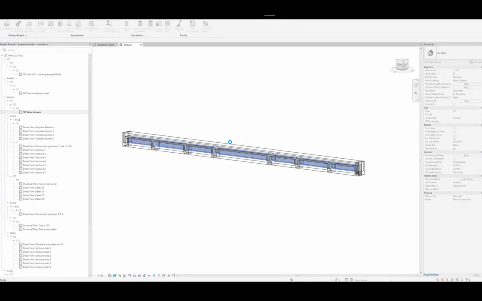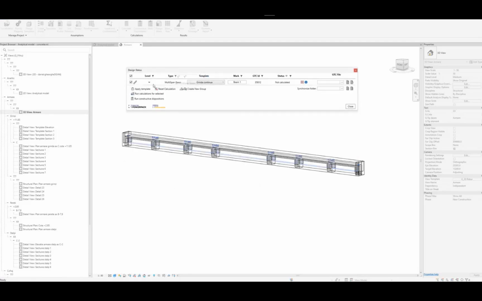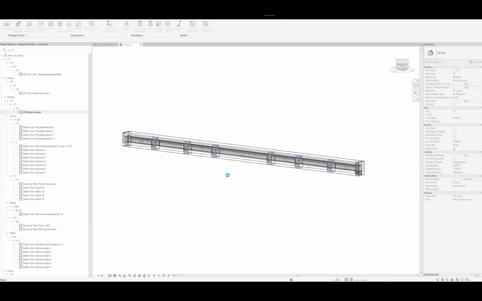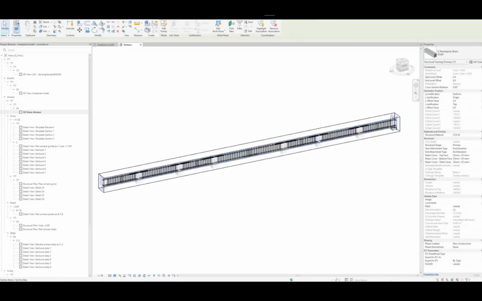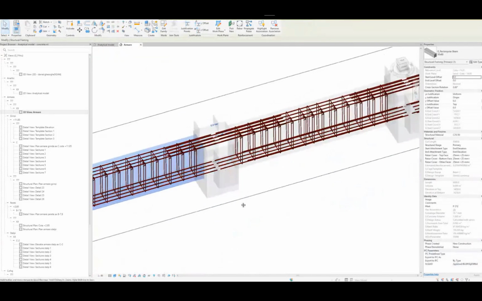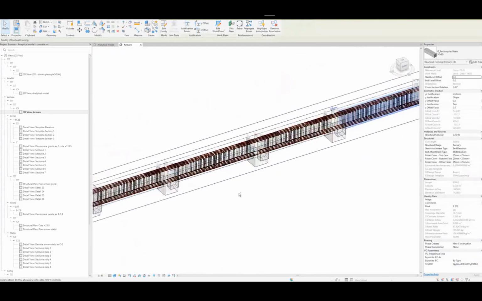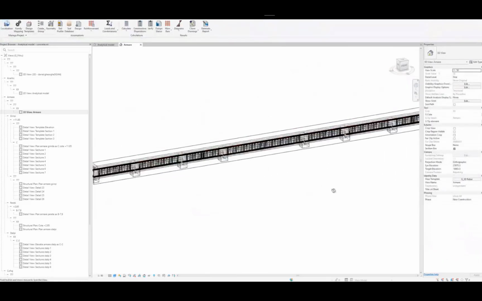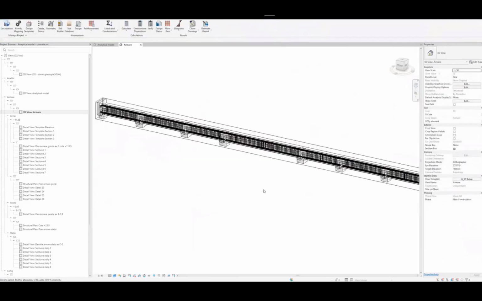I can select them, click on calculate. So here we group them to create a multi-span calculation, and I can run the calculation, and automatically the software in Revit will generate a rebar cage according to some reinforcement assumptions and some local codes to place the transversal bars, the longitudinal bars, some top bars, additional bars, some supports, and so on.